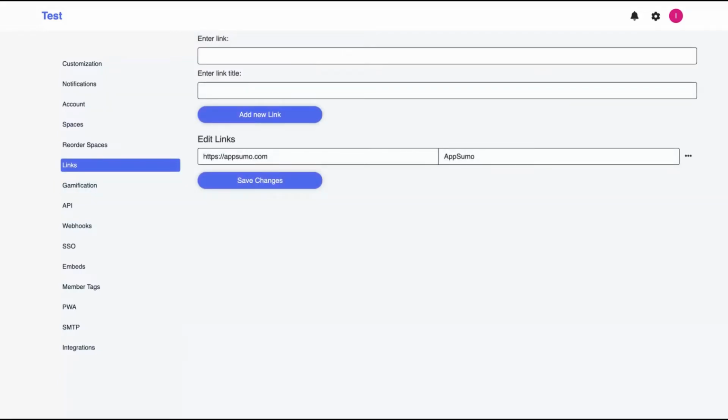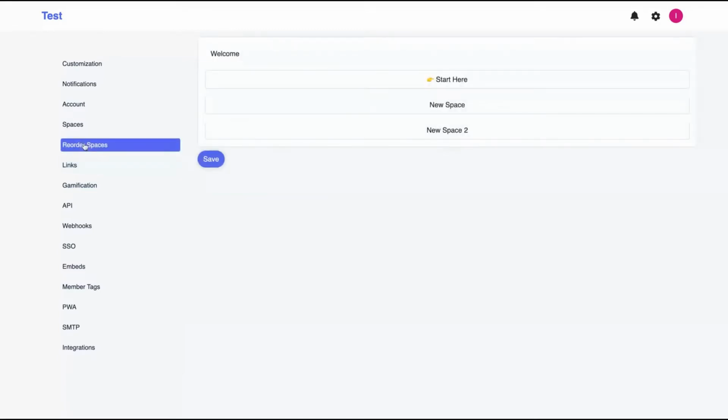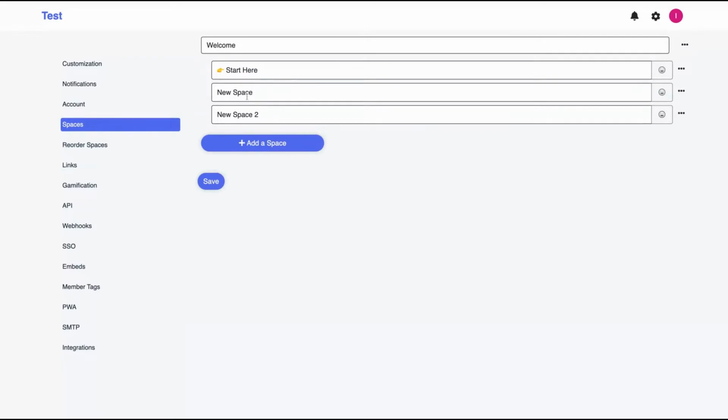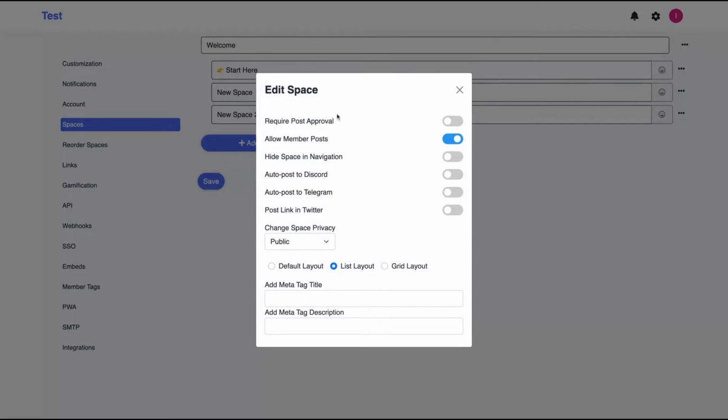You can also create the links, as I said, to spread your affiliate links and the core links of your community, and they will be added on the tab on the left. And UUKI is divided by space, so you can create many space and add those space inside, like groups inside the space. Reordering it is simple. And remember, if you get more code, you get more space, and you just drag and drop to reorder the space.